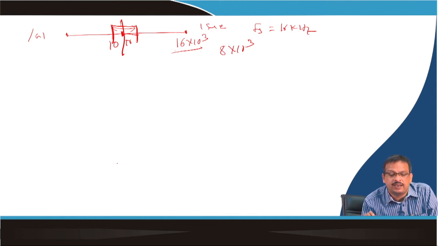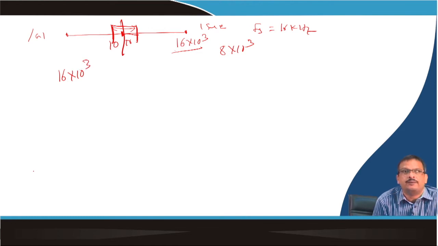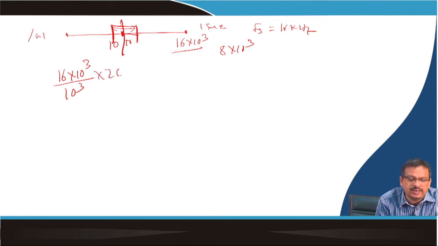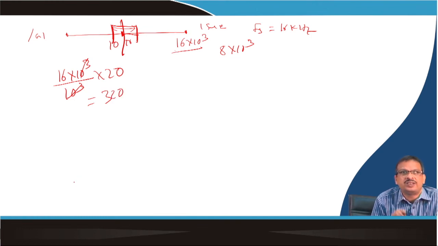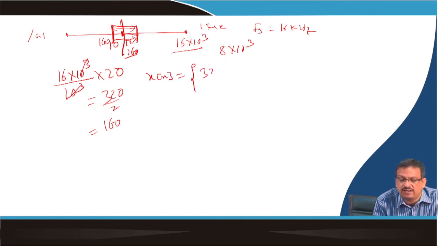And then I said take 20 milliseconds. So how many samples will be there in 20 milliseconds? In 1 second I have 16 into 10 to the power 3 samples. So in 1 millisecond that many samples, in 20 milliseconds multiply by 20. So 320 samples. So 10 millisecond, divided by 2, 160 samples. Okay, so this side 160 samples and this side 160 samples I have. So I have an x of n which has 320 samples.